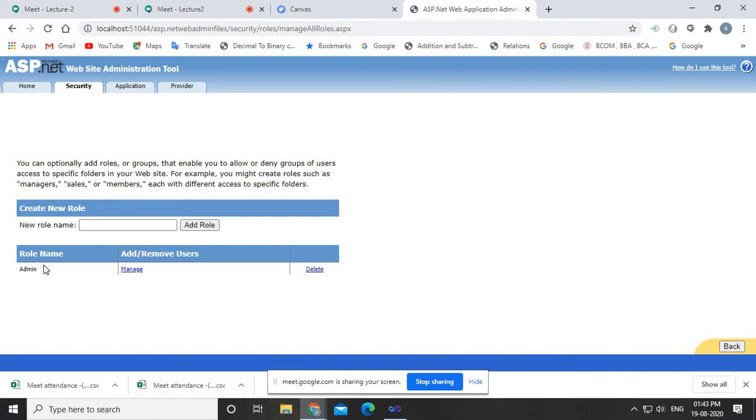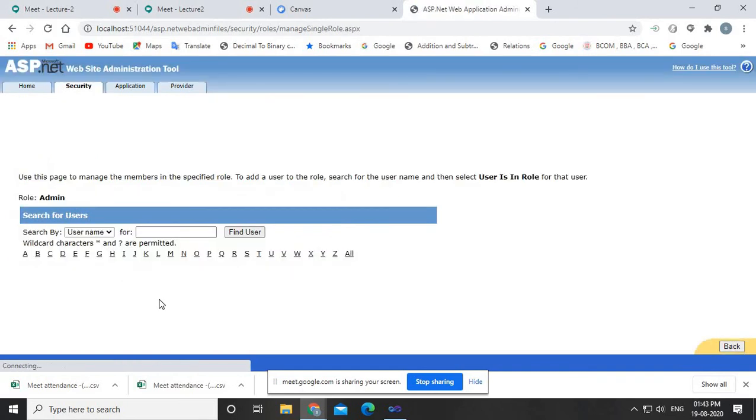I have created one role, and that is the admin, administrator. Now what you need to do is, you just need to click on manage. Right now it is not showing any user here, right? Because we have just recently created this admin role, and there is no user who is actually bound to this particular role. So now what you need to do is, you just need to click on all, right?